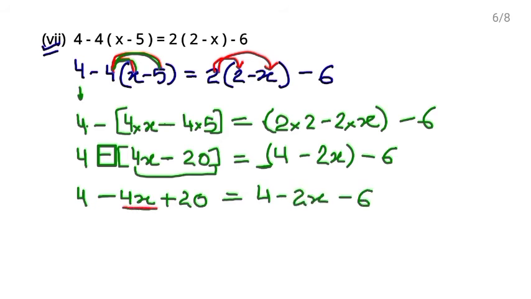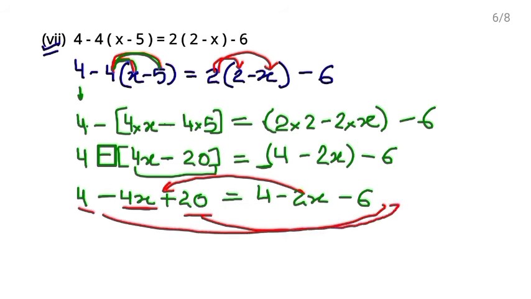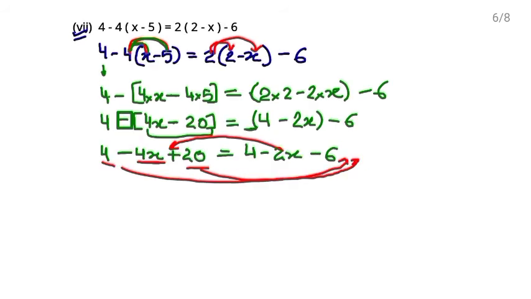Now keep the variable on the left side and move the numbers to the right side. Numbers को कहाँ पर शिफ्ट कर देते हैं, right side पर. So on the left hand side there was minus 4x. When this x will move to the left hand side, this will become a plus sign because पहले minus का था, right, equals to, on the right hand side we already have 4 and we also have minus 6, right.